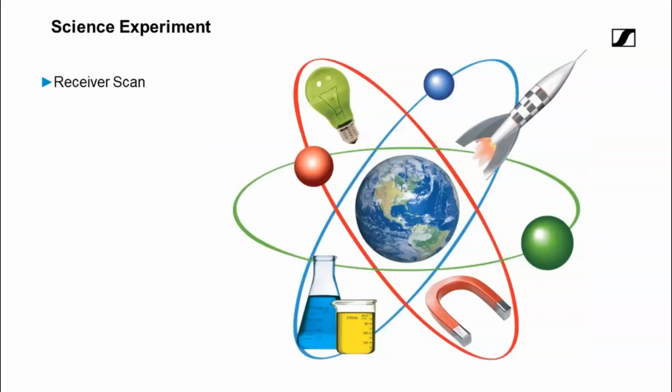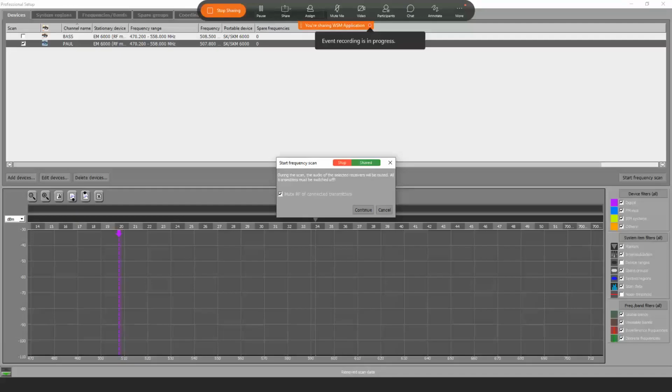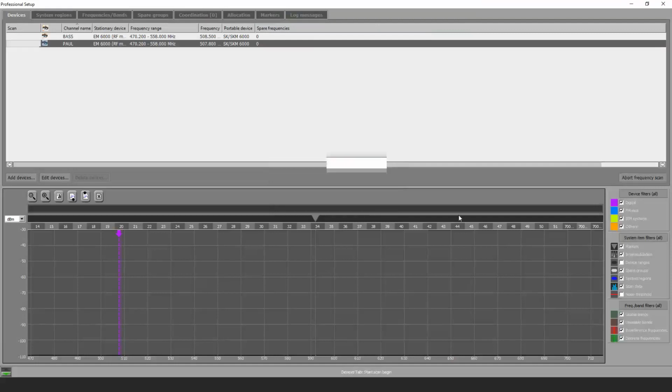All right, so let's take a look at a quick scan with a receiver that Chris has. Yeah, I'm going to pop it up here. Hopefully it pops up. Okay, and we'll start a scan. So if you did have a scanner, and maybe you had one of our devices, and again, some of the other manufacturers have this too, this is a good way to take a look at the spectrum, and you'd be scanning the spectrum of that receiver. Now, the one that he's scanning with is a 6000 series, and that covers a wide range of spectrum, but it gives him a really good look at what's happening where he is, which is in Minneapolis, out of the two antennas that he has on the receiver.